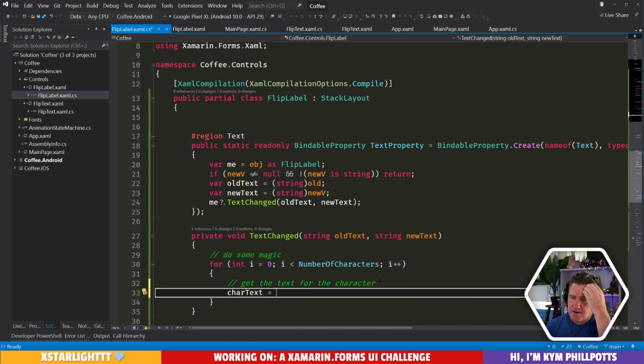Okay. And so we'll basically want to split that new text up. So if we just went and got our new text for the character, which is I,